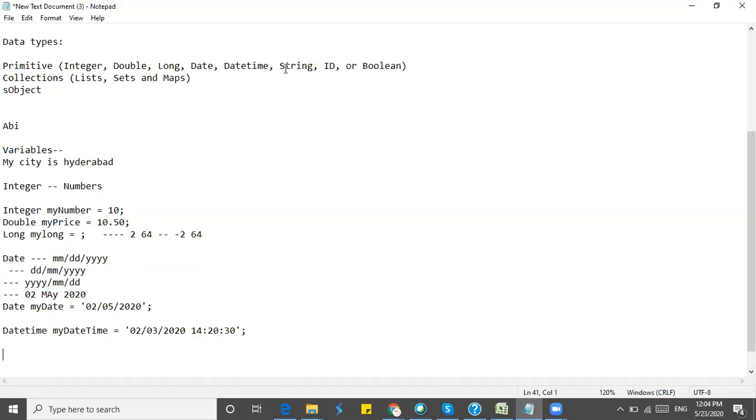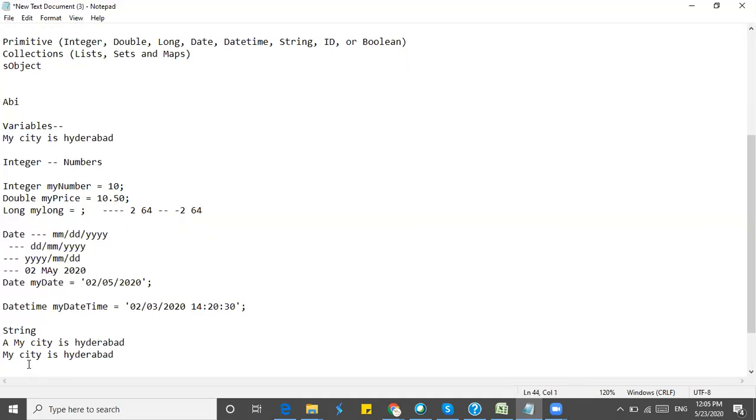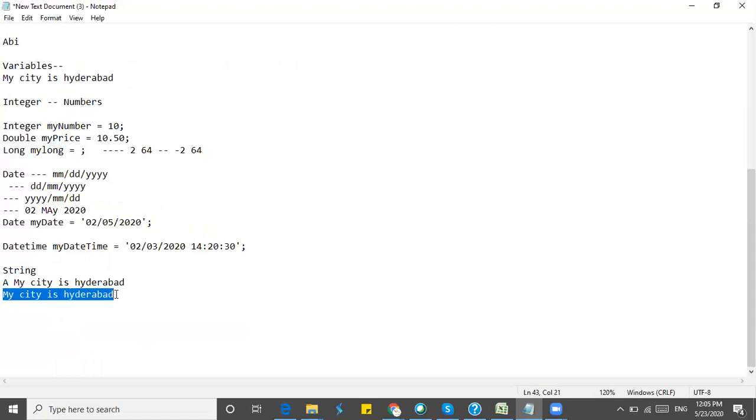And another thing is called string. String is just where we can add any type of text. It may be a single word or single letter or some text. If there is a big text or a sentence or a paragraph, you can save all those things in a string type variable.